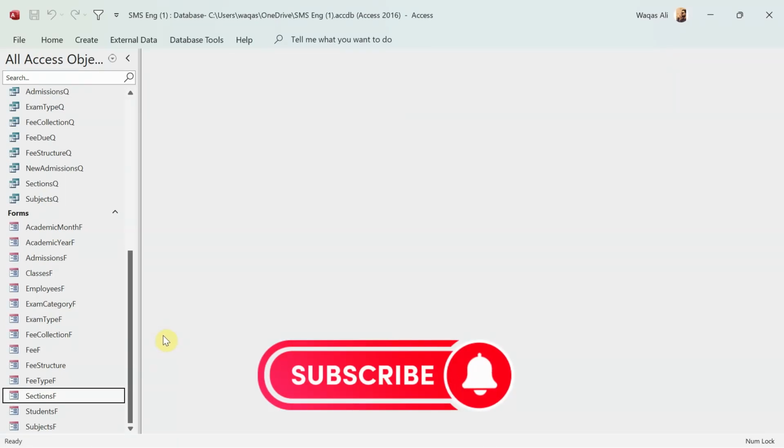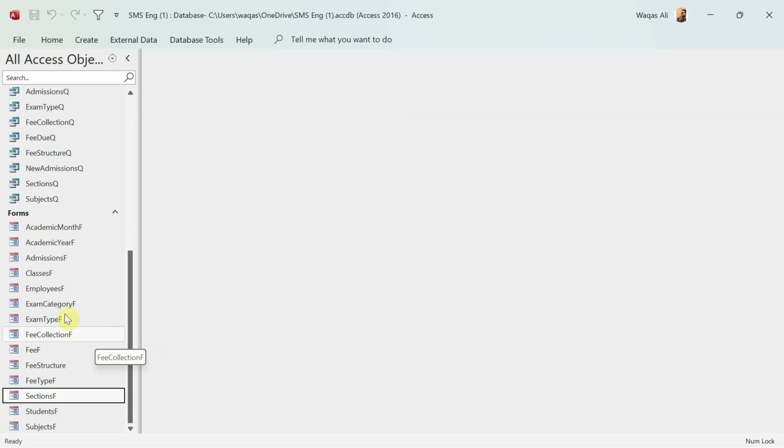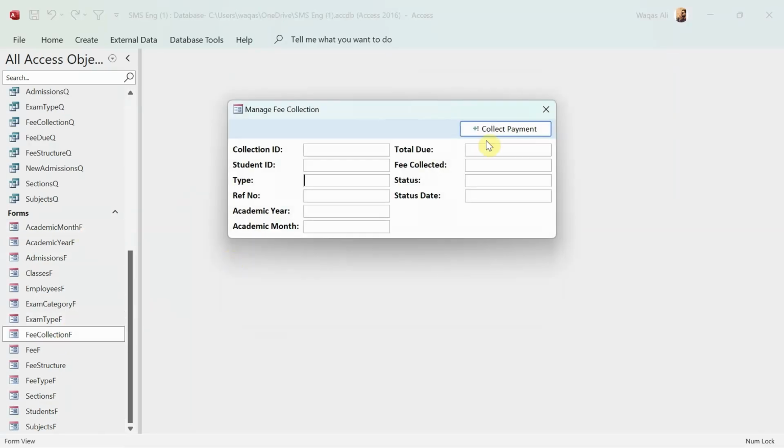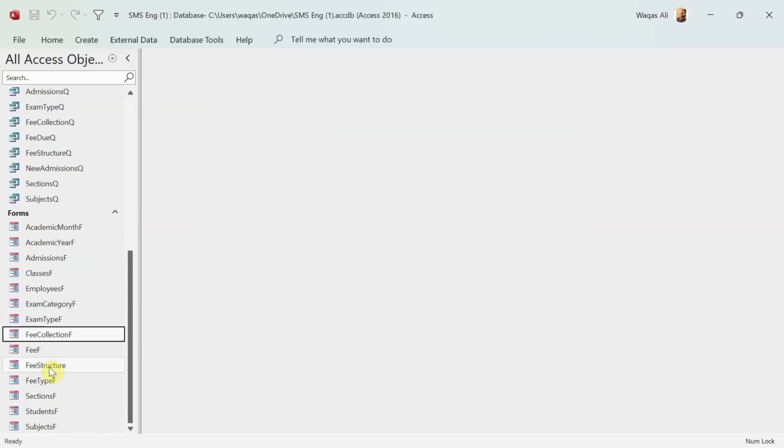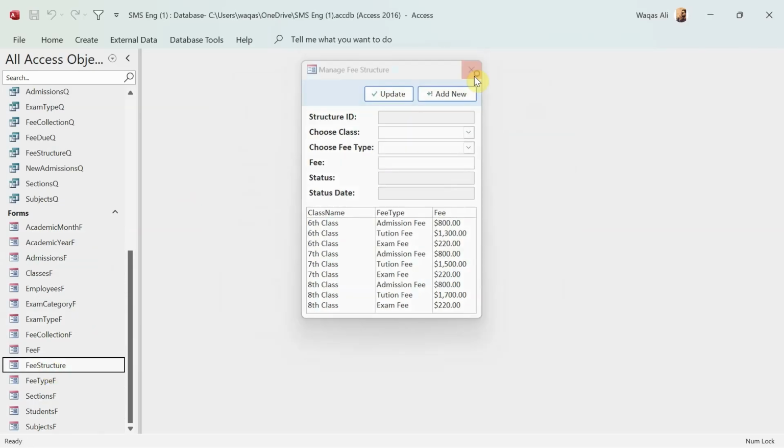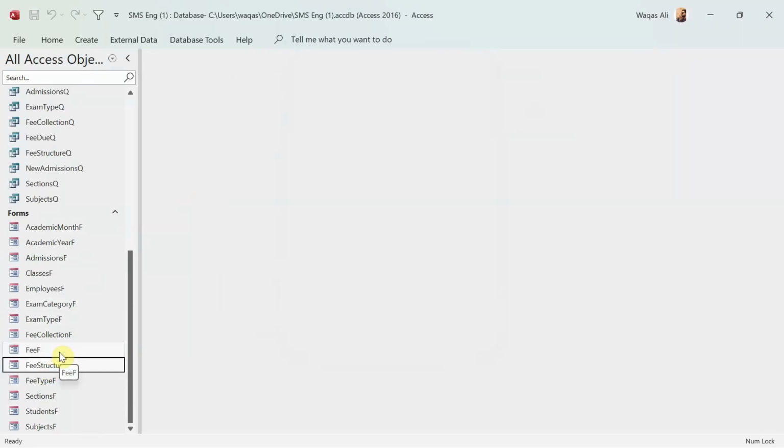Anyway, what we are going to do in this video, well, what we can see is we have made all the forms until now, forms that are going to be used for data entry, fetching the data, manipulating the data, basically all the CRUD operations. So we have done that. The next aspect of this application is we need to have one place from where we can access